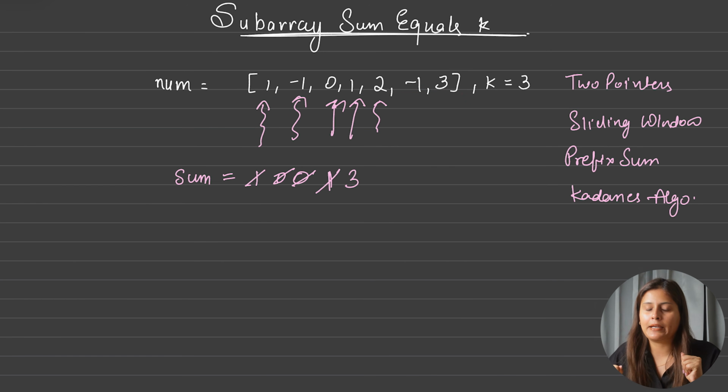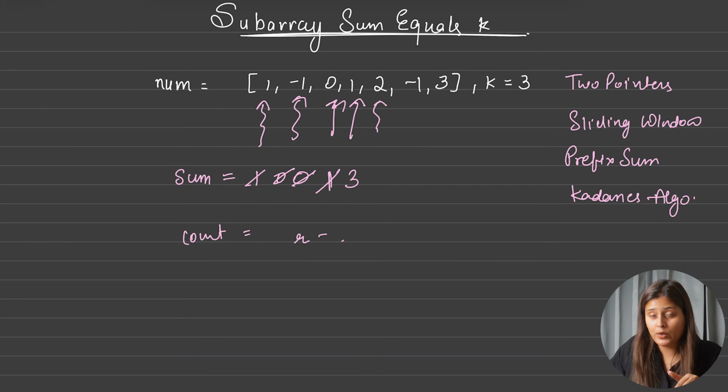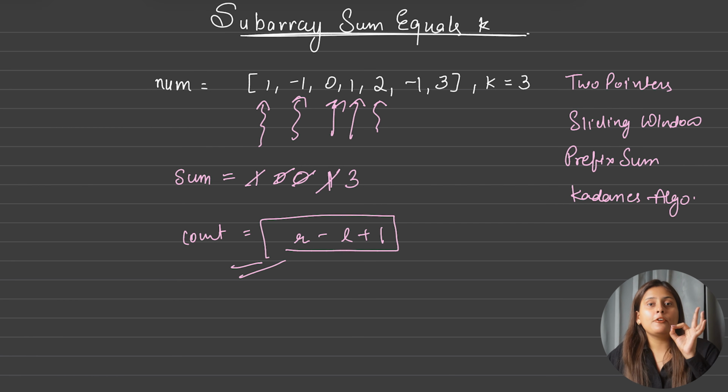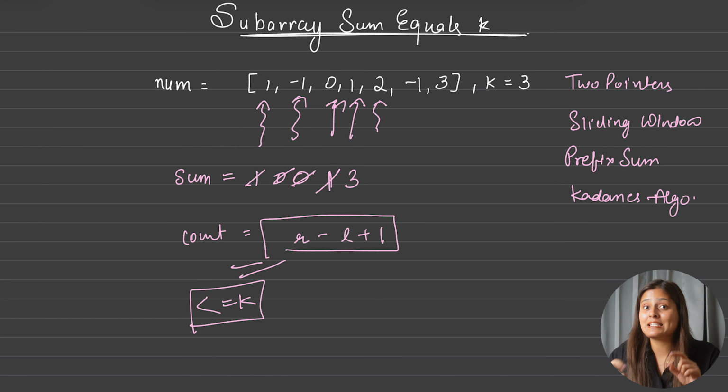Yes, we can do something like that. But in one go if you want to calculate the number of subarrays, how can you do that? The only count variable won't help you. And if you are thinking for that count where we were doing right minus left plus 1 length, that will also not be valid. Because if you remember, that technique was good to calculate the number of subarrays, but only when we were doing for at most. At most means less than equal to k. But here we are thinking for exactly k.